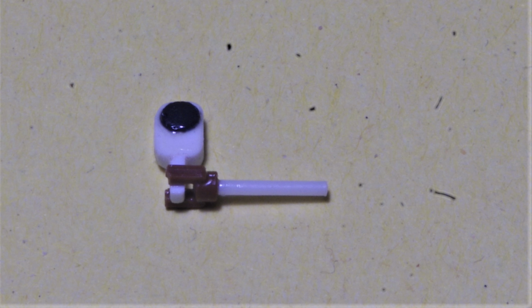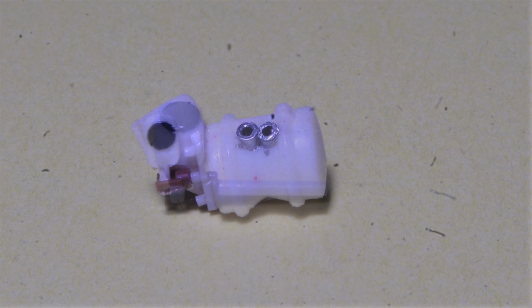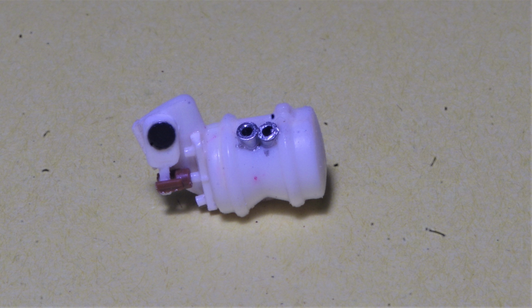Glue the push rod and clevis to the slack adjuster as shown here. I find it easier to create this subassembly on the bench rather than trying to assemble it on board the brake chamber. Next, insert the push rod into the drilled hole in the brake chamber and glue the slack adjuster and push